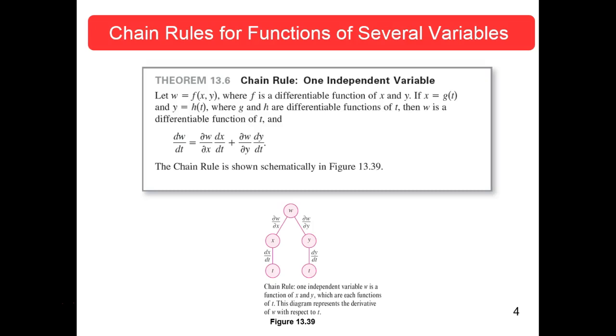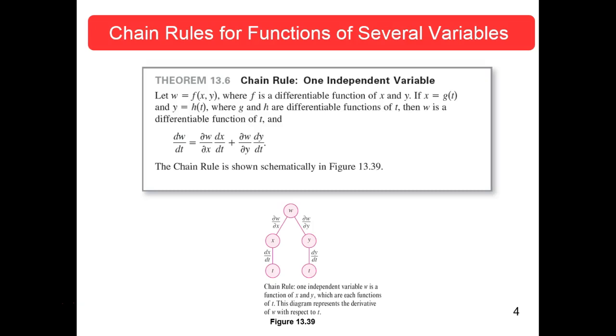D, not a curly d, but a d. dw/dt is equal to curly dw/curly dx times dx/dt, because that's a function of t alone, plus curly dw/curly dy times dy/dt. Okay? The chain rule is shown